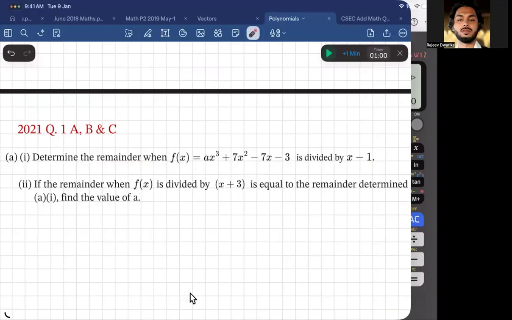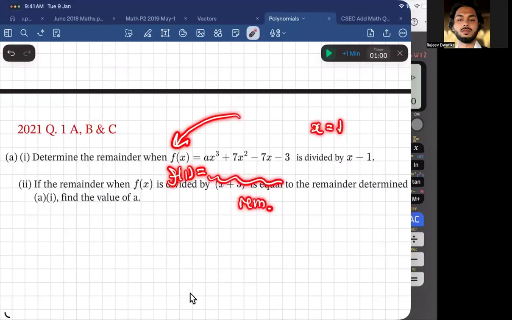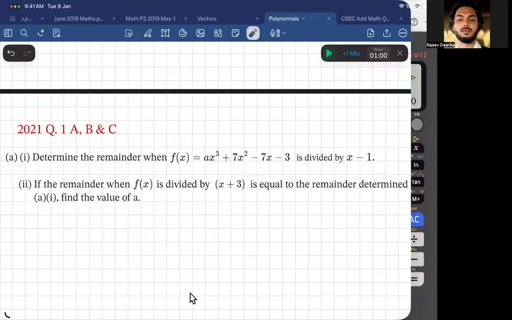Yes, sir. Nice. In the first part, did they mention anything about x minus 1 being a factor? No. So if they didn't say x minus 1 is a factor, all we're going to do is find what x is and plug it in. And whatever we get, that will be the remainder. Now, if they said it was a factor, then you would have put 0 equal to whatever you get here. But since it didn't specify,